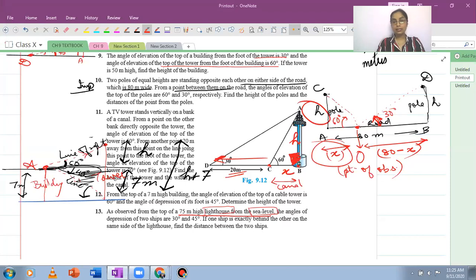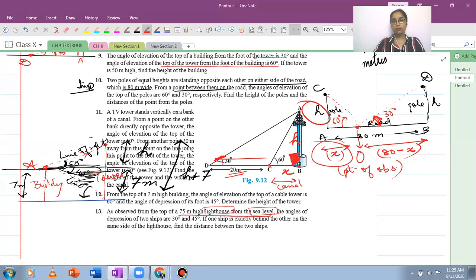Lighthouses are those towers in the sea to guide ships at night. They have a light fixed at the top. They look like those big towers you have, similar to the towers of various telecom companies, just like those. So its height is given as 75 meters. This will be from the sea level, above the sea level.